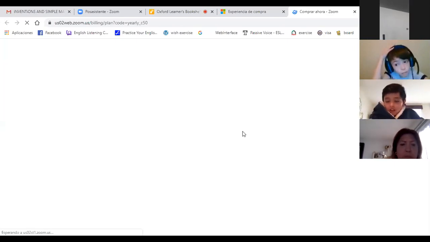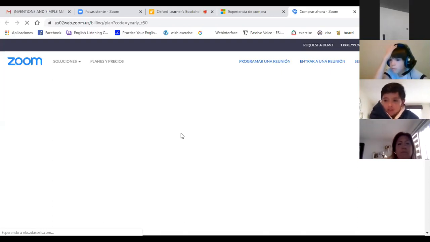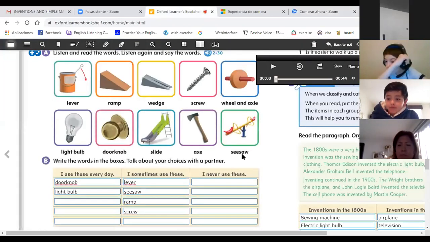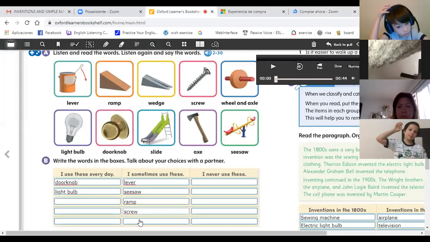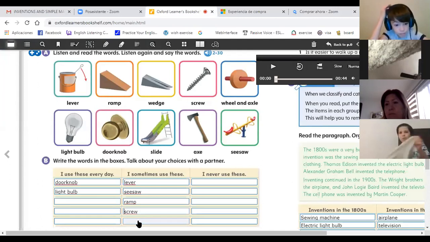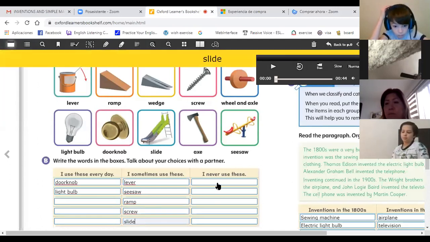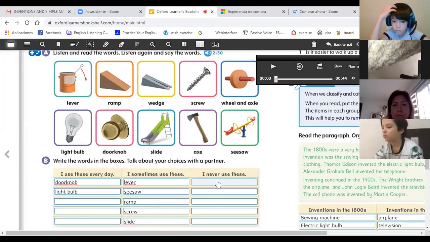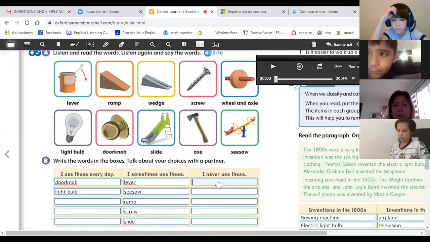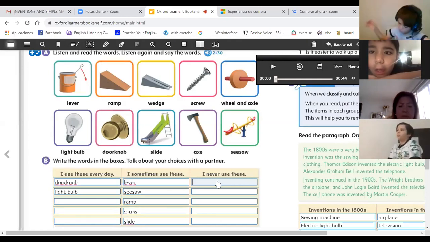It's something that we use sometimes, and you use it to play in the playground, like the seesaw. Slide. Slide, excellent, Jorge. Thank you so much. Slide. Es que yo lo escribí, pero ok. Thank you, Jorge. Okay, and finally, in the third column, we are going to arrange the objects that we never